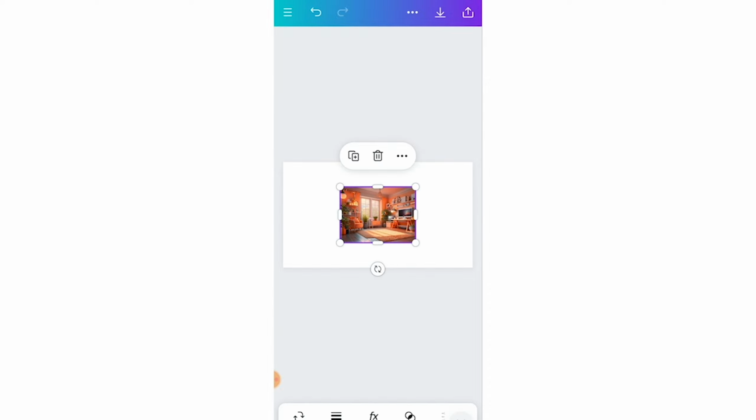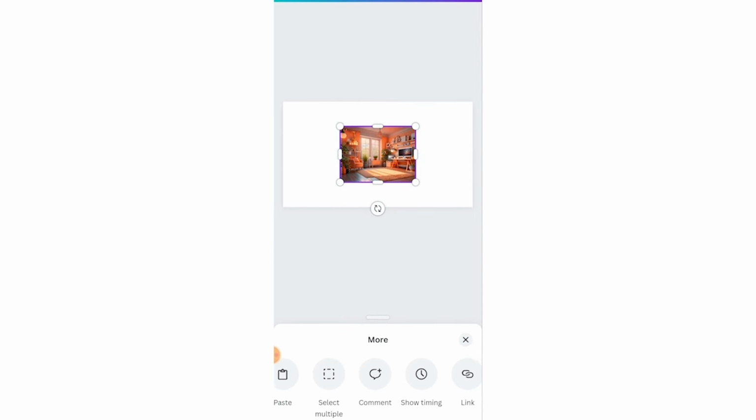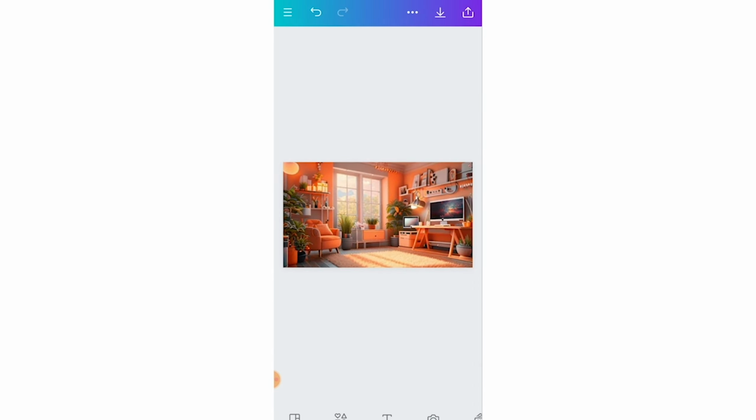And there you can see that the picture is looking small on the canvas. So what we actually need to do is to scale up this picture to cover the entire canvas. And the easiest way to scale it up is to come and click on these 3 horizontal dots up here and then come and select on these options here. Click on set to background, and then automatically it will fit perfect on the canvas without any lines or borders